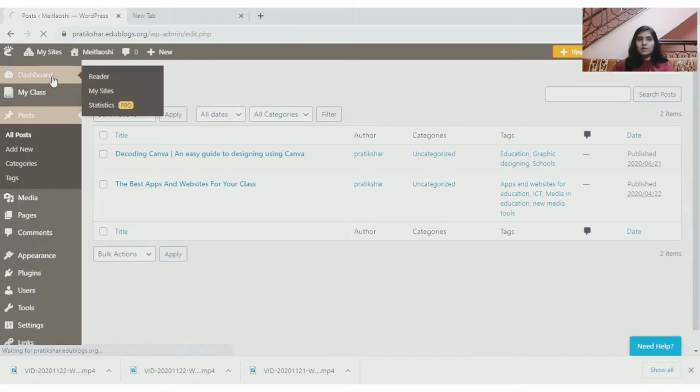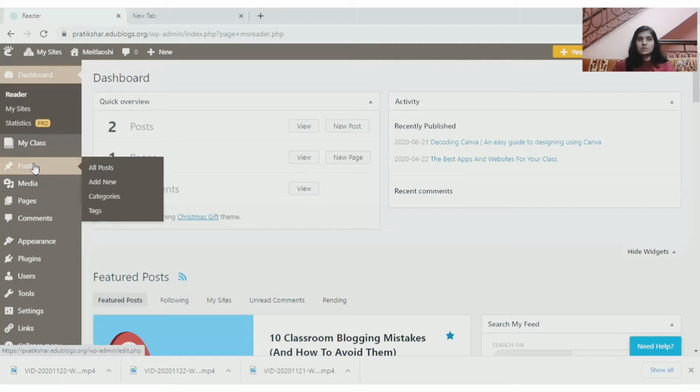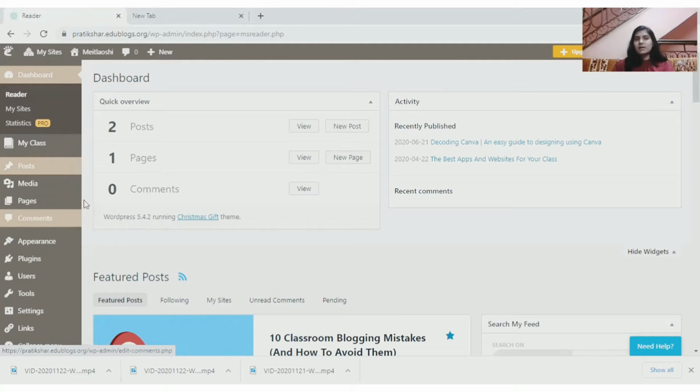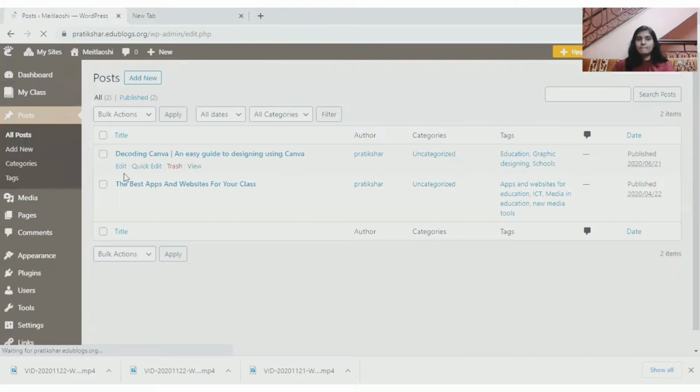All right, so we were on the dashboard, right? We'll move forward to the option here, which is posts. We'll go to all our posts. So here in all our posts, you can also go to add new or depending upon your categories. But right now, categories and tags are not as important for you as posting is, as we are just starting with blogs. So yeah, we'll go to all posts. Now you can see here all the posts that I have done. Okay, these are the two posts that I am talking about.